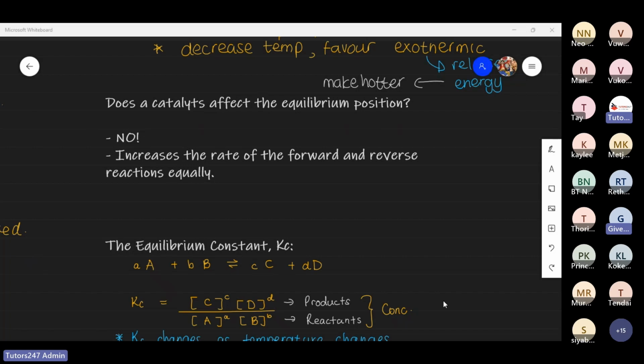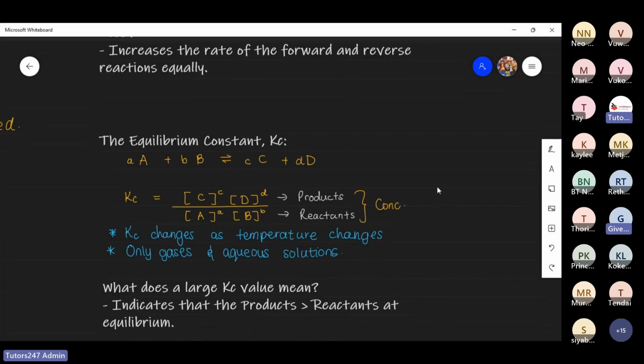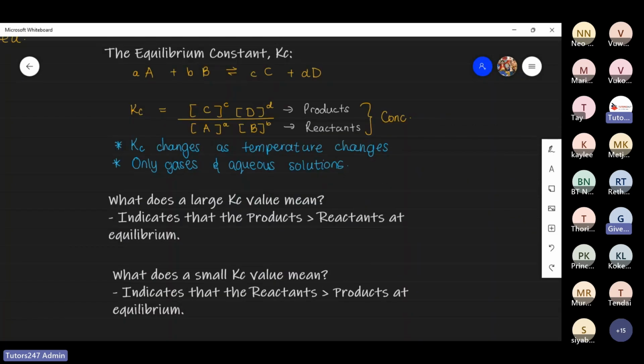So let us move on to the last part of our theory before we get started with our past paper question. So we've got our Kc constant. Now this is extremely important. I would advise that you prioritize learning Kc over theory if you're in a situation whereby you don't understand anything and it's the night before the exam and you're completely blank, you have no idea what's going on. Learn Kc